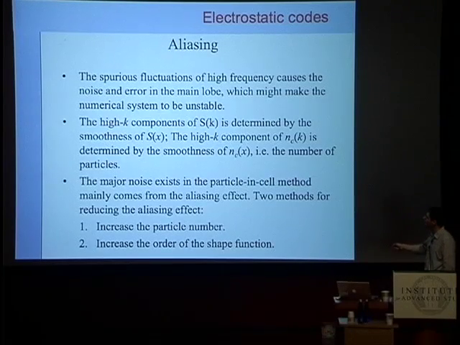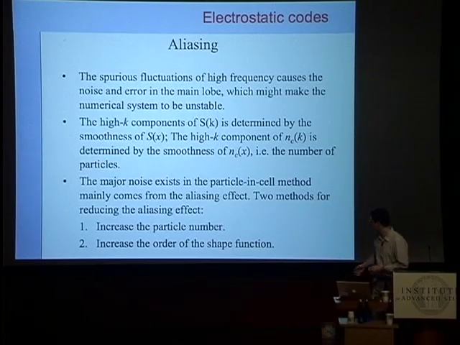So the high frequency, the high k components of the shape function is what introduces noise in the simulation. And you can beat this in two ways. This noise can be beaten by either making a smoother and smoother shape function, which is more expensive per particle, or you can just throw more particles at it. If you put more and more particles, then these individual spikes due to the short frequency from one bad shape function will actually average out. So depending on what your computer resources are, you may either go with this direction or with that direction. OK,